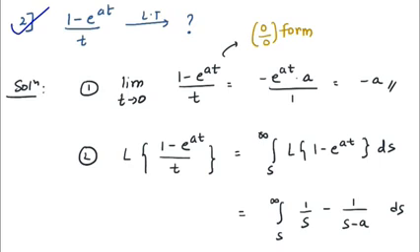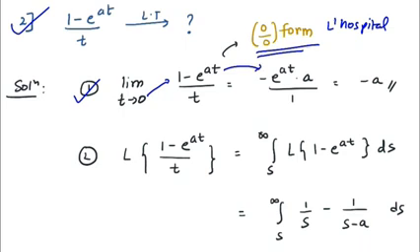Let us understand this by example 2. 1 minus e raised to plus at upon t, what would be the Laplace? Again we have to check the limits, because the form is f of t over t. So limit t tends to 0, 1 minus e raised to plus at upon t. Now you can see that if I substitute t directly in the function, I will get 1 minus 1 upon 0. So it's basically 0 by 0 form. If it is 0 by 0 form, I can use L'Hospital's rule, where it suggests that if you have 0 by 0 form, then you can take the differentiation of numerator and the differentiation of denominator with respect to the variable.